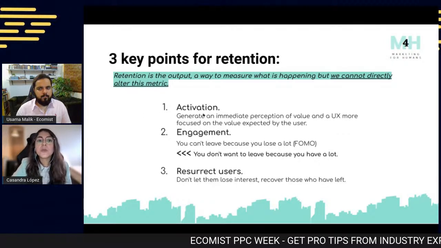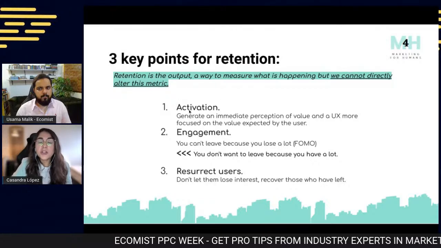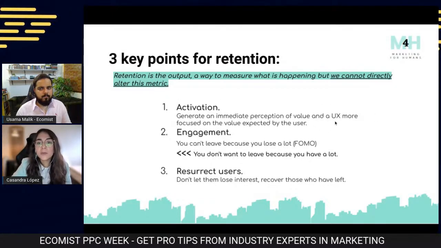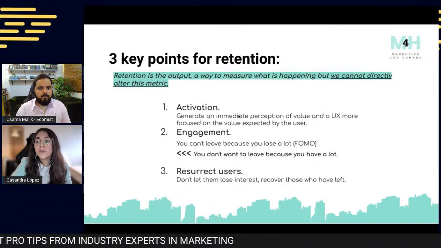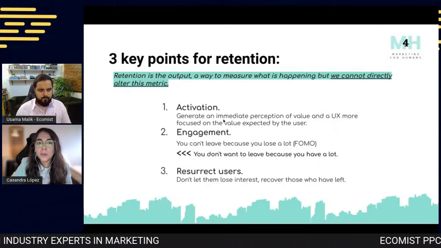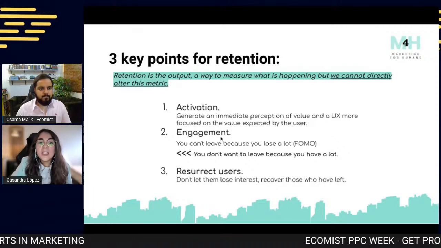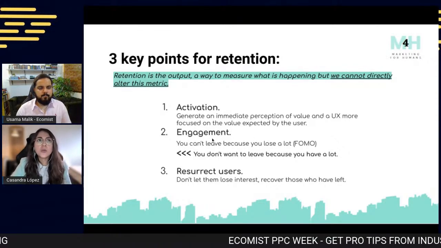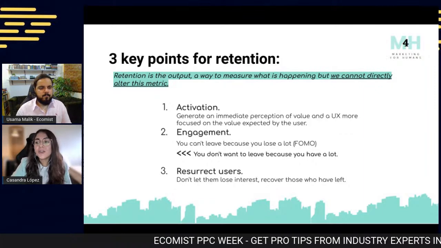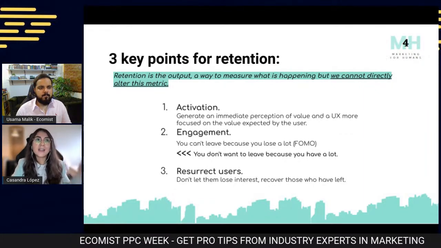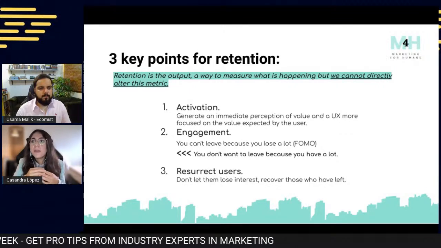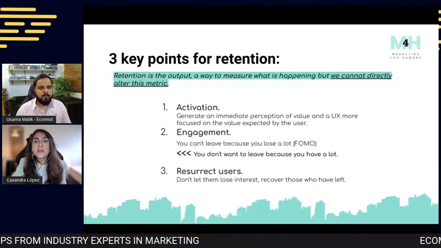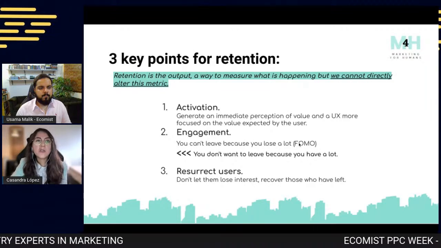We have to think about activation. We have to make it smooth. We have to think about our users so that we can make them try our core value as soon as possible. We also have to think, how am I going to engage you? I know I cannot put you inside a box and close the box and keep you in. That's not possible. But I maybe give you a lot of value